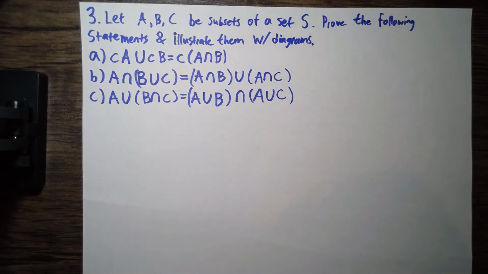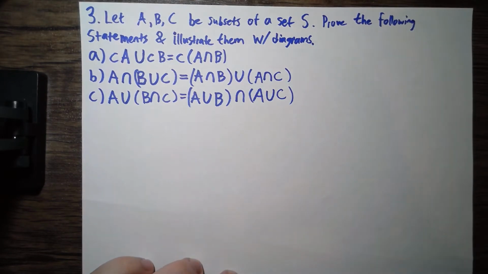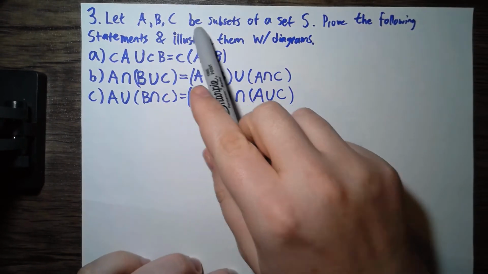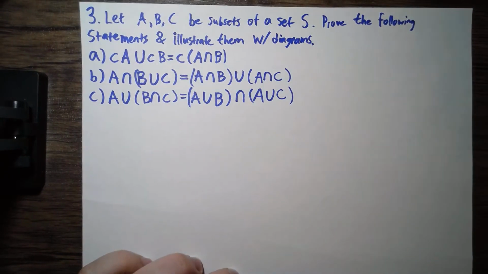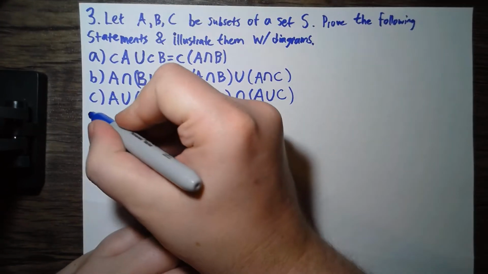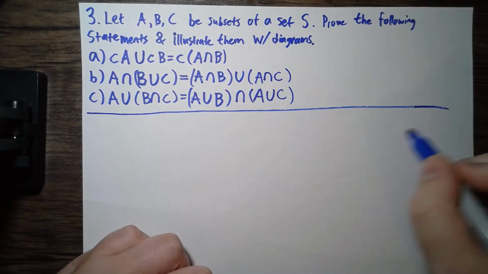Alright, so we're going to do problem 3 out of Rosenlicht's Introduction to Analysis. This is from chapter 1, and it's a problem about sets. So we have A, B, and C are subsets of some set S, and we want to prove a bunch of different statements. So for this first one,